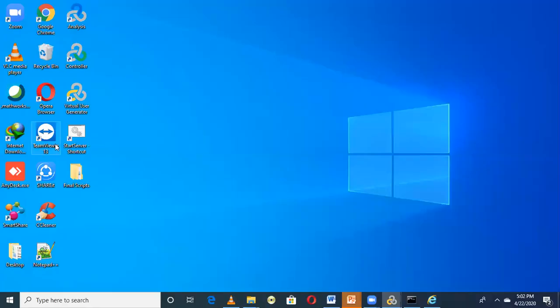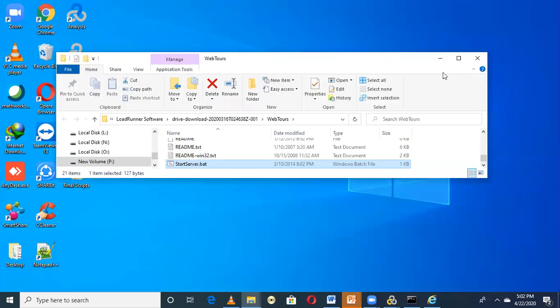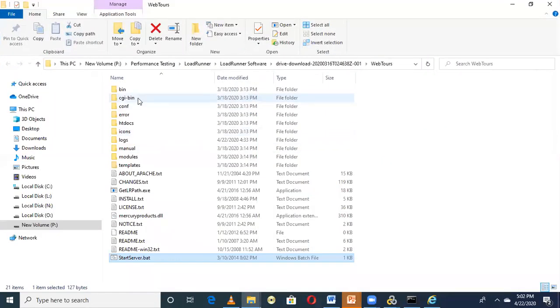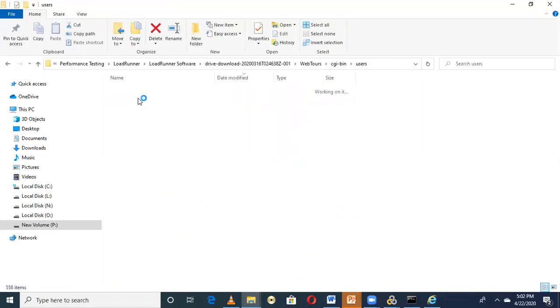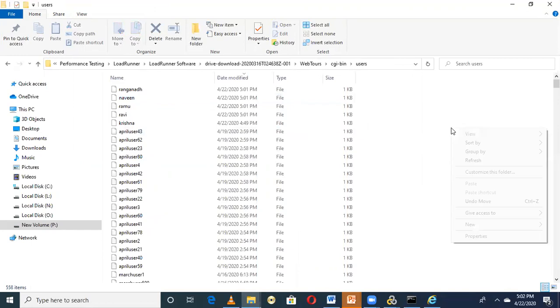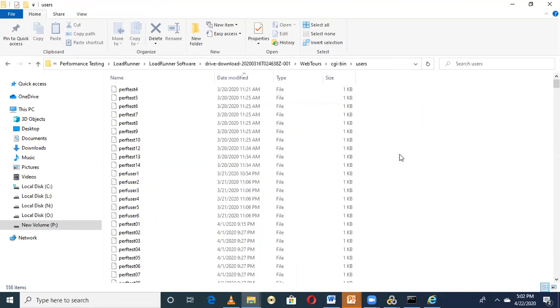To check whether these users are created, go to the start server, that is the WebTours server, right click on it and click on open location. In this folder, go to CGI bin and users, and click on sort by date modified.